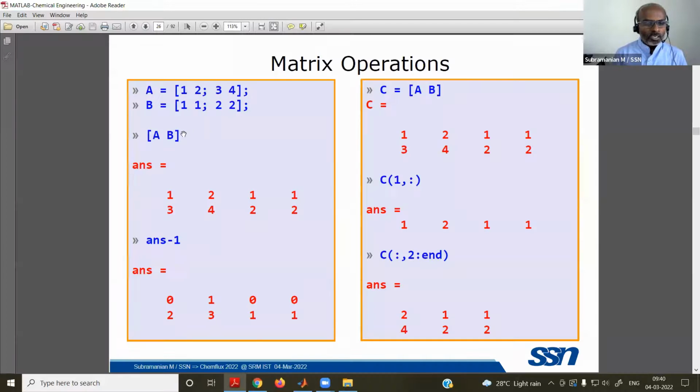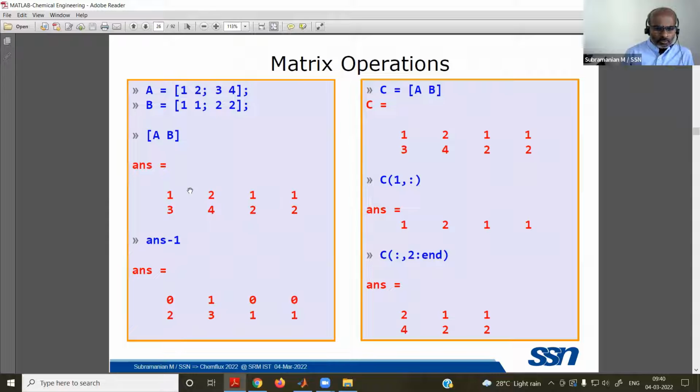Okay. And say the normal concatenation of matrix. So A and B are two matrices of the same size, and the concatenated matrix is available this way. This is normally used in normal mathematical solving. So this is automatically available, and ANS is the default variable, I should say. Even your calculator also has this default variable of ANS. If you don't assign anything, it will be assigned to ANS variable, and you can recall it also.